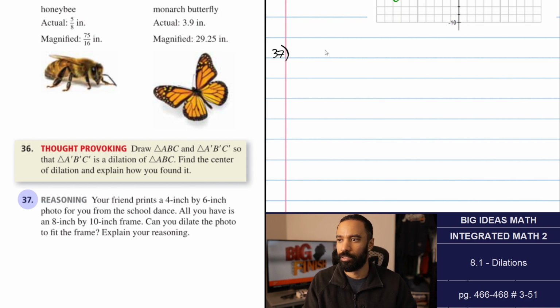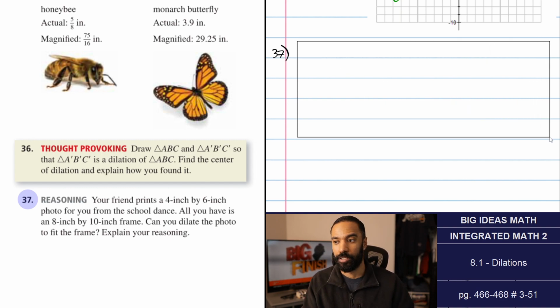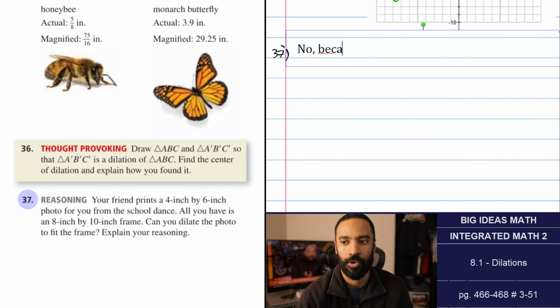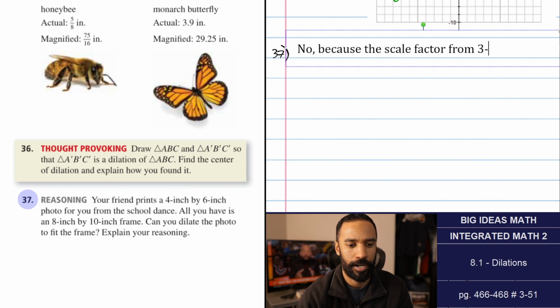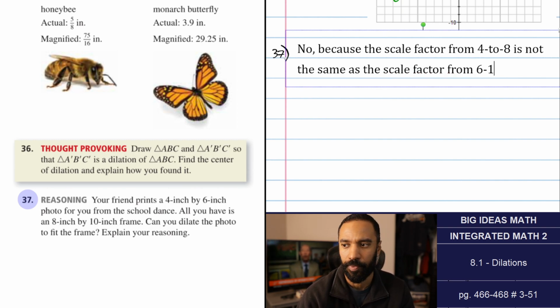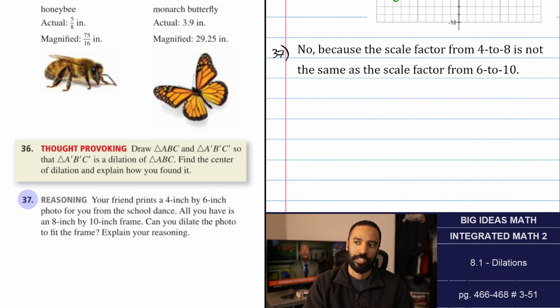No. You could do it within it in a way, but it won't fit the frame exactly. No, because the scale factor from 4 to 8 is not the same as the scale factor from 6 to 10. See, you double 4 and you get 8. You double 6 and you get 12, right? So